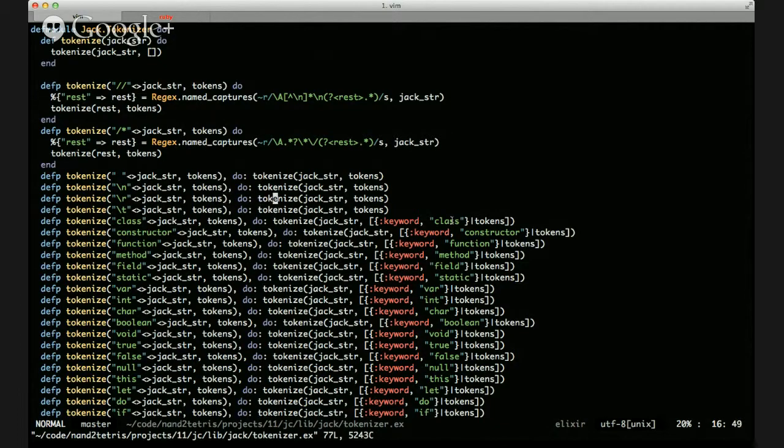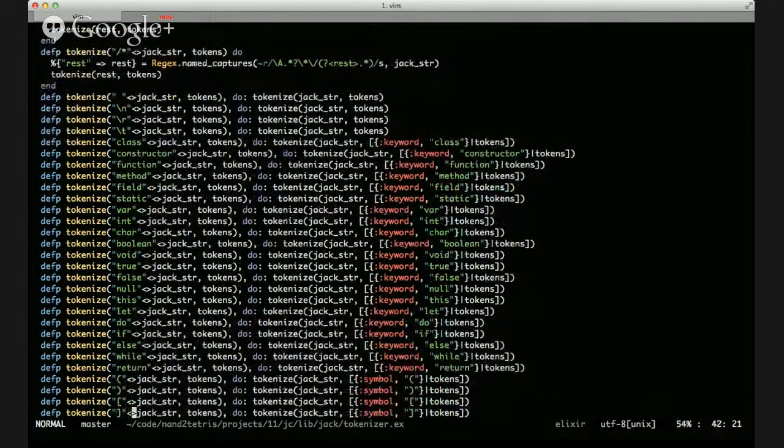I just throw away that beginning part of the string. So what this match does is say, look for if my string starts with this thing and then contains something else, and in this case it just says anything else. So what ends up happening is I recursively call tokenize with the rest of the string after the match, and once I've gotten rid of all comments and all white space, the only things that are left are